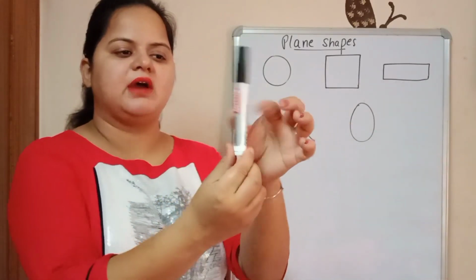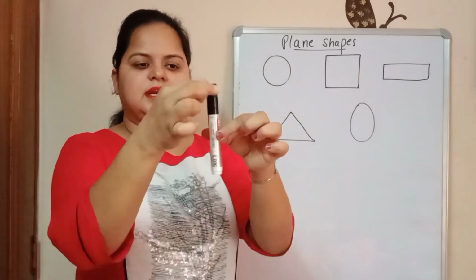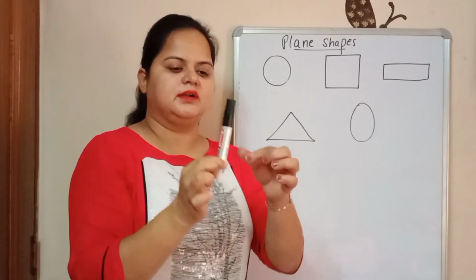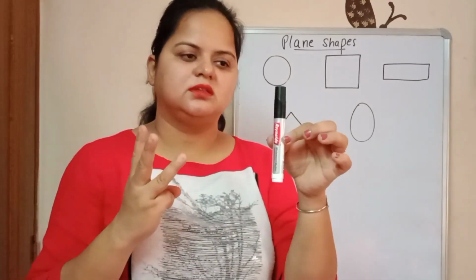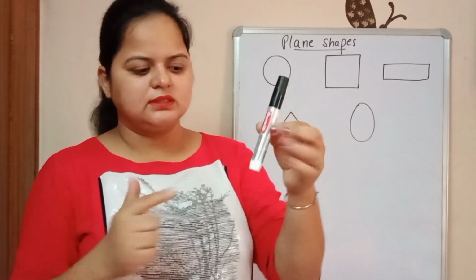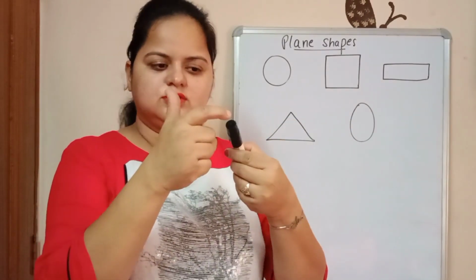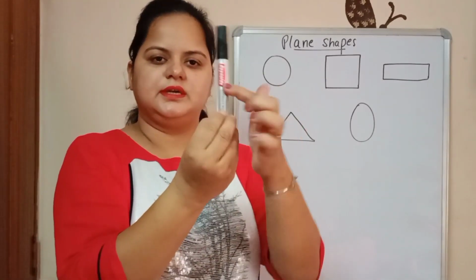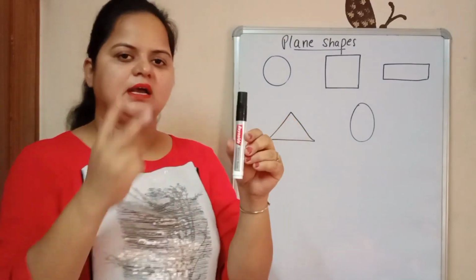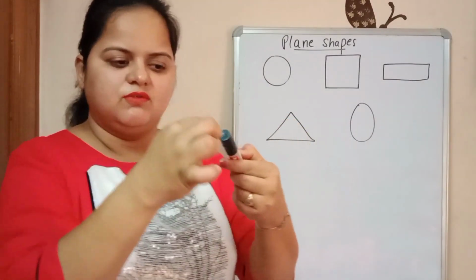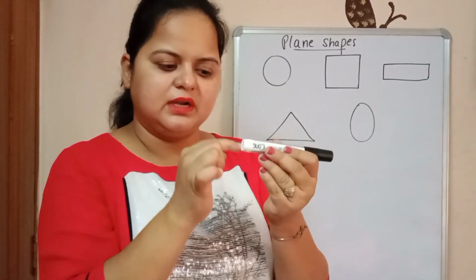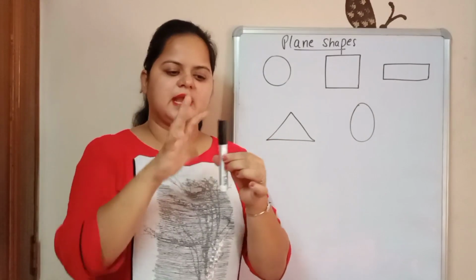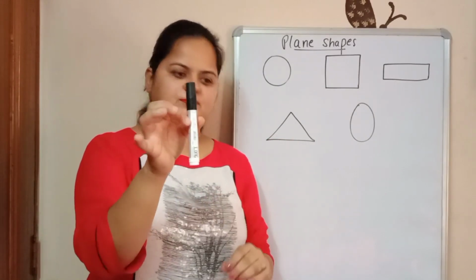It has 3 faces and 2 edges. See, here I have a marker. It is cylinder in shape. You can see this is like a cylinder and it has three faces. Where are the faces? See, 1, 2, and this is the third face of the cylinder. A cylinder has two edges. See, one is there and one is here.